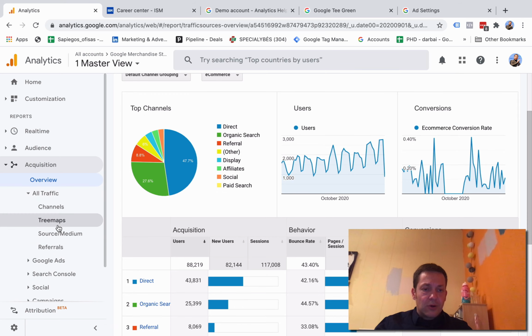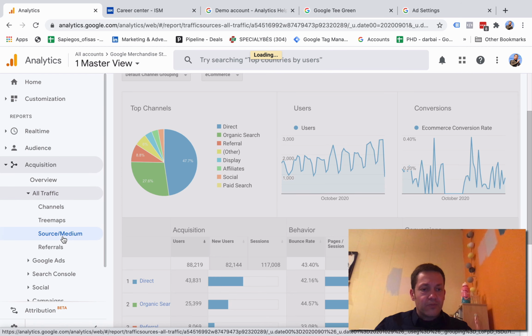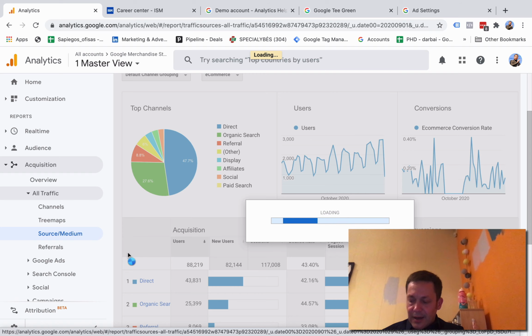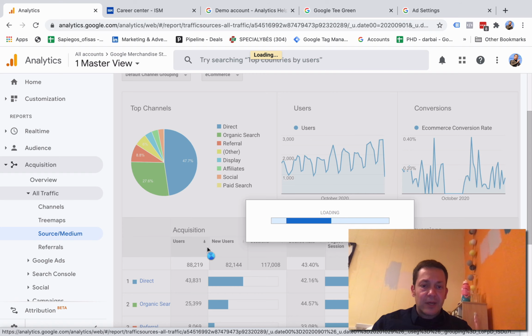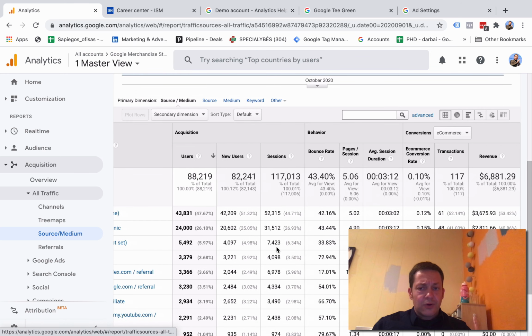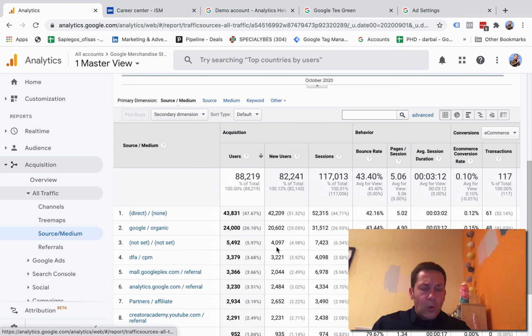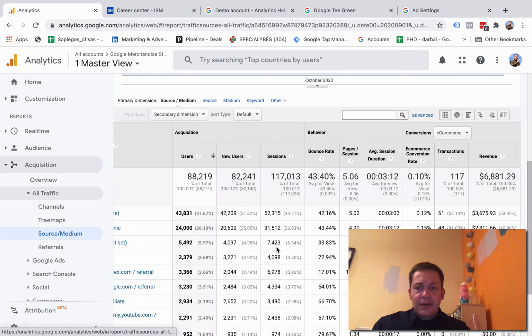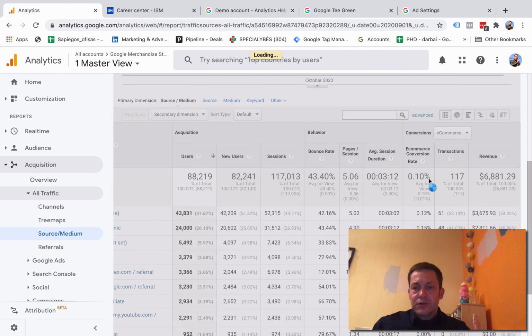What else? In all traffic, you can go either to channels, stream apps, or source medium. This is probably the top favorite destination element of many advertisers. You always want to learn where these magic conversions are coming from. So here we see that out of the 117 conversions, the conversion rate highest